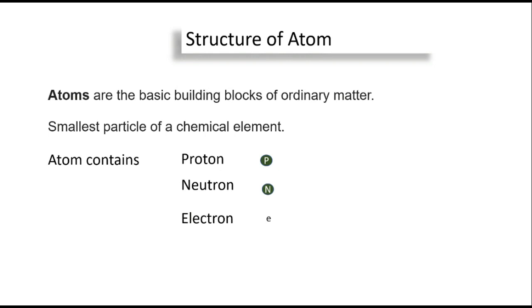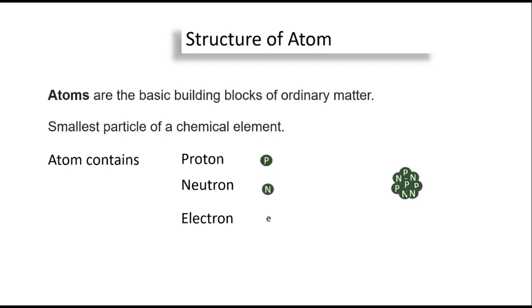We have learned that protons and neutrons are a bit heavier than the electrons, and they will always be together. In front of you it is one proton and one neutron, but it need not always be one and one. It can be two, three, even four. It depends on the element. Every element has different atoms, so the number of protons and neutrons will change, and that crowd of protons and neutrons